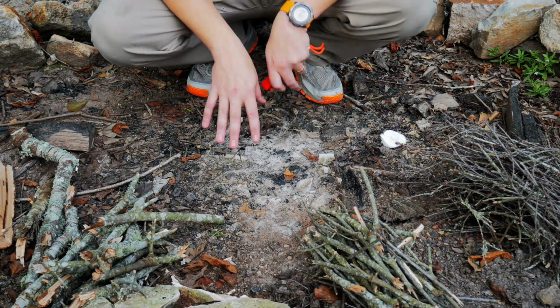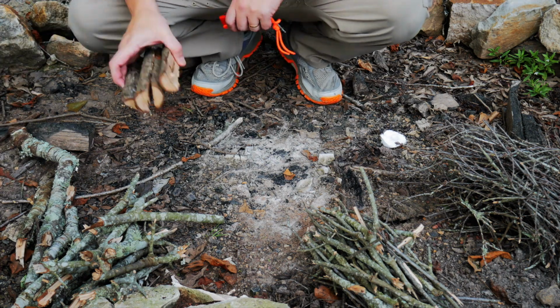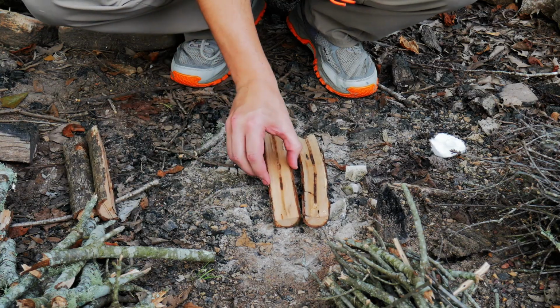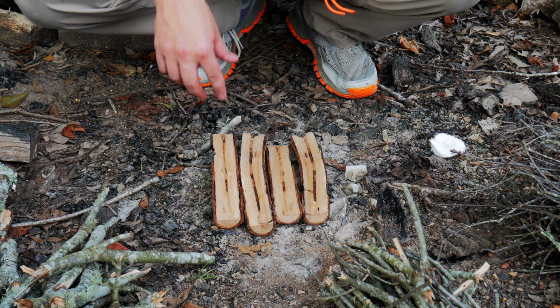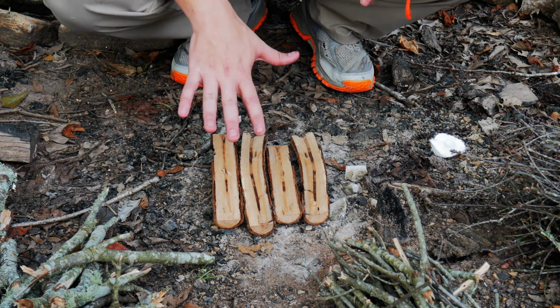All right, so we're gonna do the part you've all been waiting for, I would assume. We're gonna actually light a fire, okay? I'm gonna take you guys through my process of how I light a fire. We're going to start with a base, okay, like we talked about. This is just a base of dry wood, okay? And it's going to allow us the opportunity to build the fire up faster because we have some fuel wood